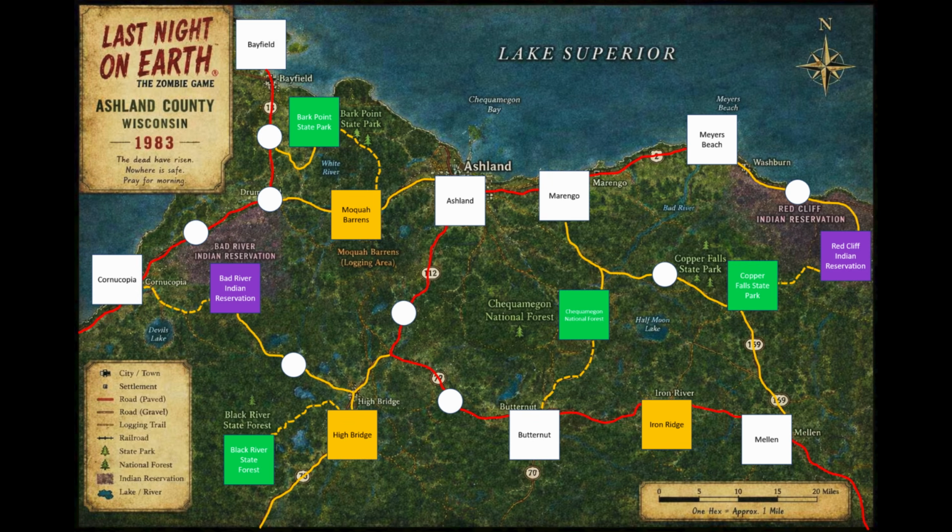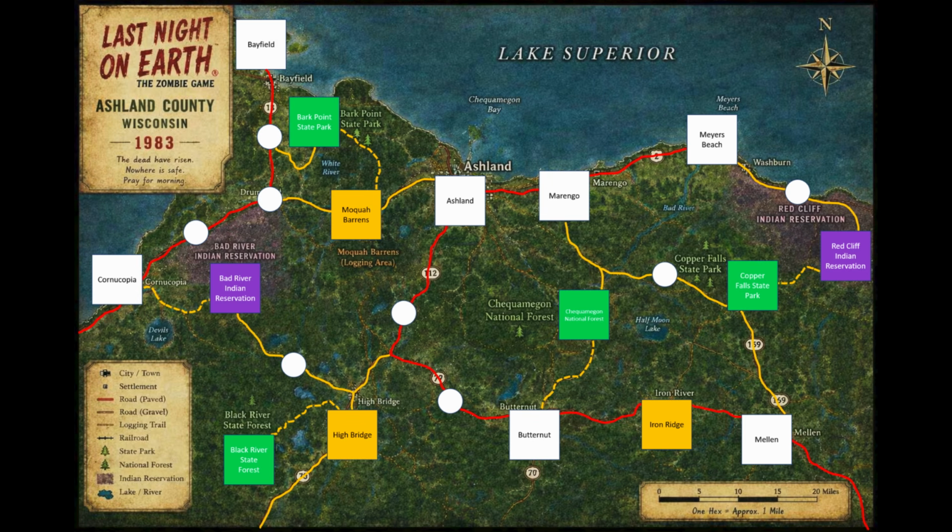Vehicle movement is going to be obviously quicker. We're going to be able to travel farther per turn, but we have to have gasoline to expend in order to use that vehicle. And some vehicles will have problems navigating these logging trails. And I can tell you from personal experience, those logging trails with anything except a logging truck are extremely tough to navigate.